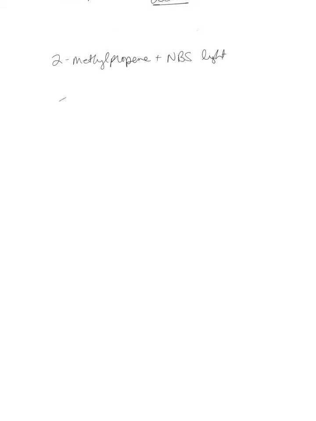So propene is 3 carbons, and 2 is a methyl, and propene. So it's not specified here, so it's on the 1. 1, 2, 3, that's 2-methylpropene. NBS, N-bromosuccinimide. Okay, so